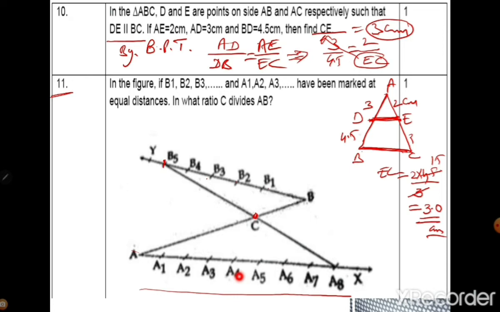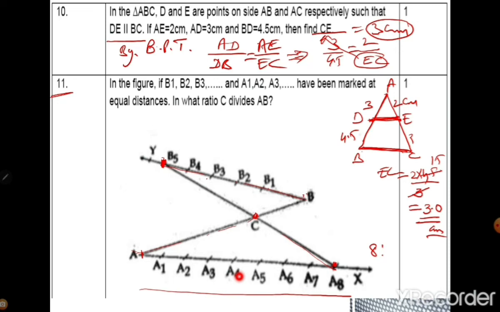Here the last point of B is joined with the last point of this. So here we have 8 points and here we have 5 points. Okay, so this ratio 1, 2, 3, 4, 5. So this AC is this bigger part. The bigger part cuts AB at this point 8. So it will be 8 ratio, 8 is 2. And here which point is there? This is point number 5. So this ratio.